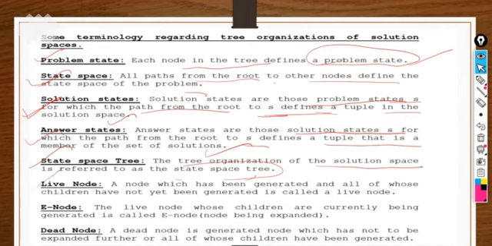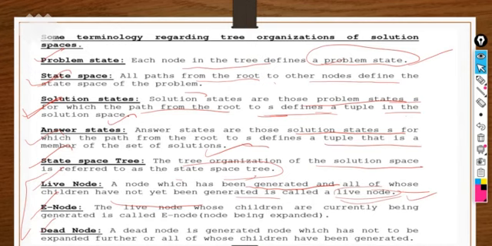So live node, e node, dead node are the most important nodes to discuss. These three nodes are most frequently used. We already discussed the dead node in backtracking, but what do you mean by live node and e node? A live node is a node which has been generated but whose children have not yet been generated. It has its existence but its children are not alive right now.